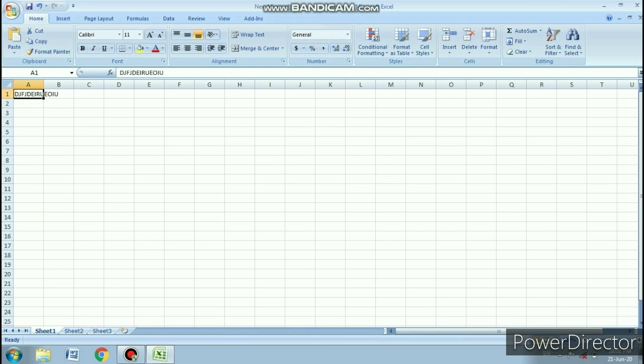How to make a cell active? I want to type in column D and row 2. It means I want to use the cell D2. So I will come to D2 and click on it. You can see the D2 cell gets highlighted, with a dark border outside D2.